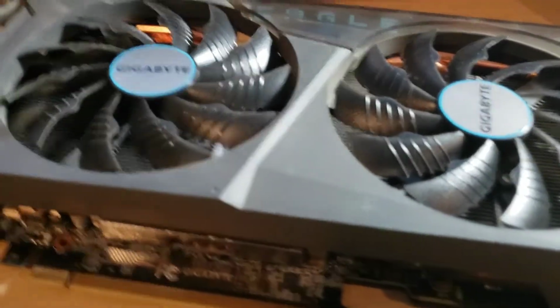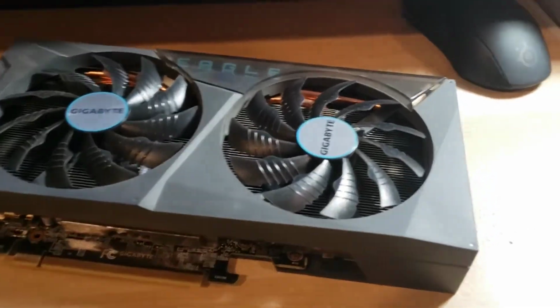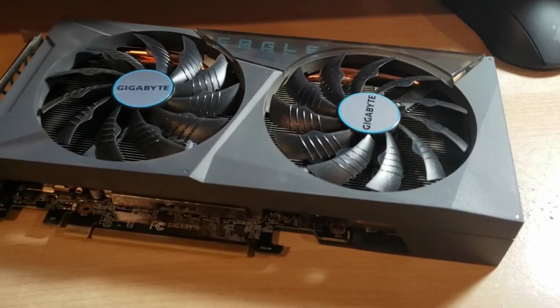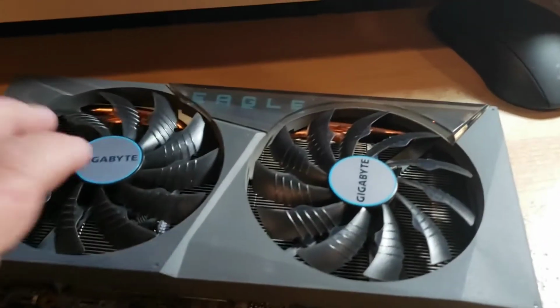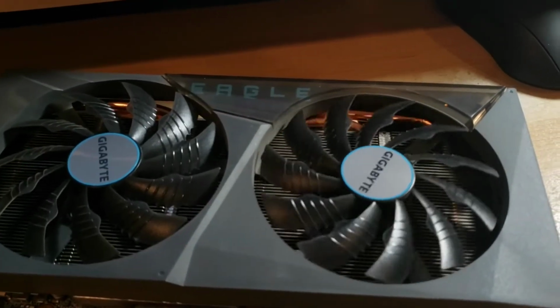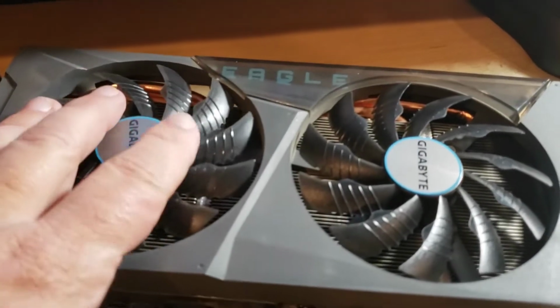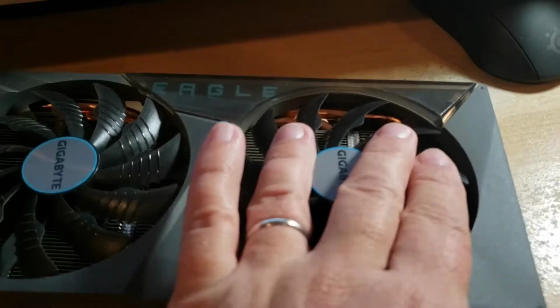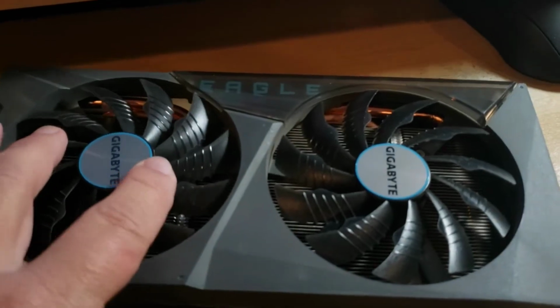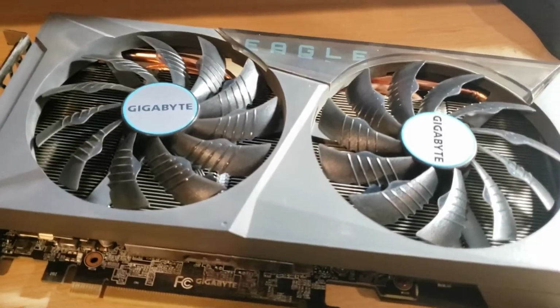Hey guys, here we are at the workbench today, aka the computer desk, and got the 3060 Ti Eagle back out because it's got a dead fan. You can see how nicely that one spins. This one kind of dies out immediately. It's got a bunch of wobble to it. Barely any wobble. But yeah, it doesn't spin, so I had to strap a 120 fan to it for